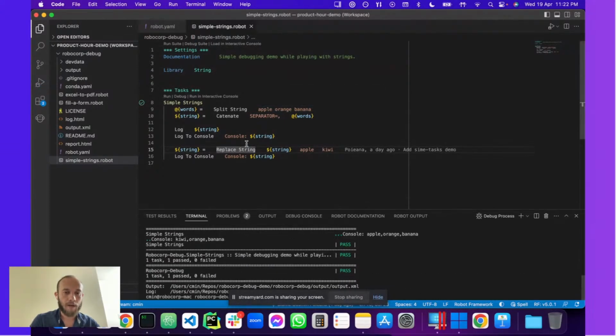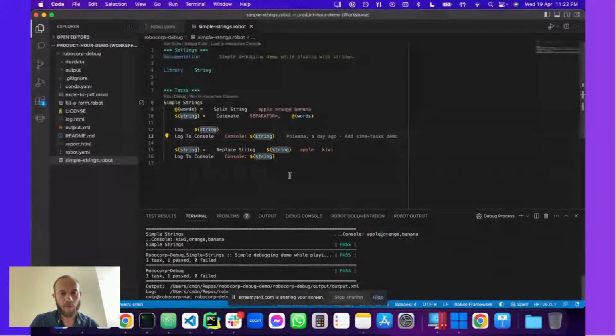And my bot runs. So what you will see here right in the terminal is basically the output of the bot, like when you print something. That's why, with log to console, when I'm printing the string, it will be displayed here: console and my string, which is a concatenation of these words, apple, orange, banana, with a comma in between. Then I'm just replacing the apple with kiwi, and then I'm printing again here on line 16.